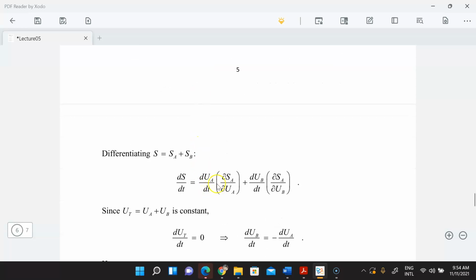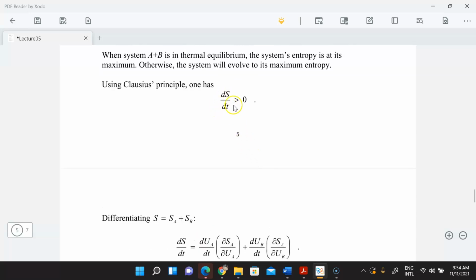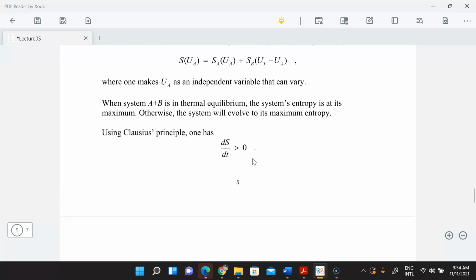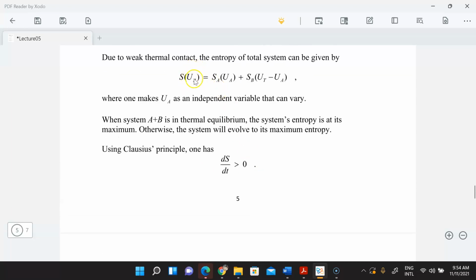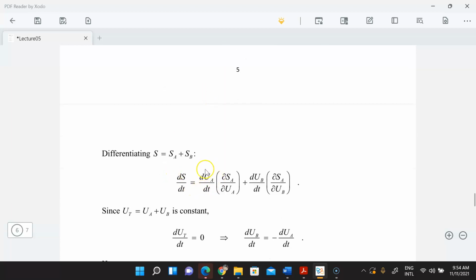The differentiation is with respect to time, but I'm already specifying my entropy as a function of U_A, so I use the chain rule. I have the time derivative of U_A, times the derivative of the entropy of A with respect to U_A, and similarly for